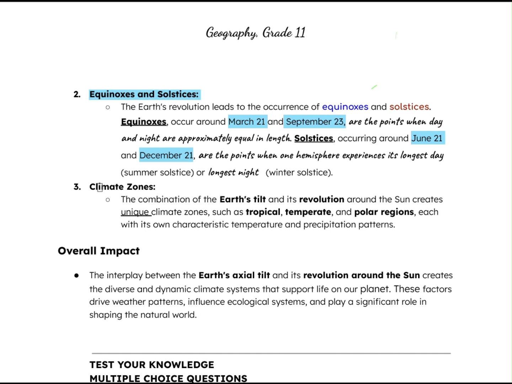Moving on to the final point under here, climate zones. So the combination of Earth's tilt as well as Earth's revolution around the sun creates unique climate zones, such as tropical, temperate as well as polar areas. So what does this mean? It means that because